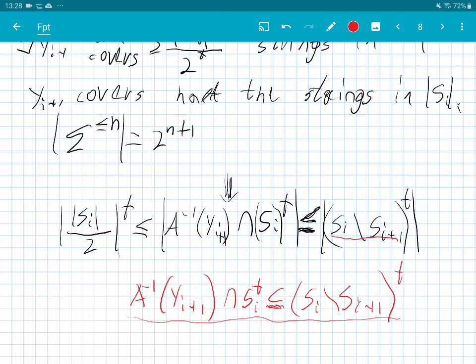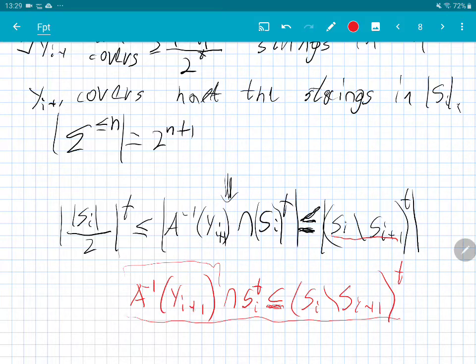So if we take all the strings that we cover, the definition of this coverage essentially means that for every tuple that is in A to the minus 1 of y_{i+1}, it maps to y_{i+1}, and it's being covered, then this string immediately